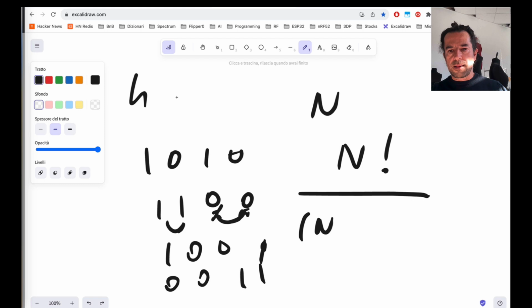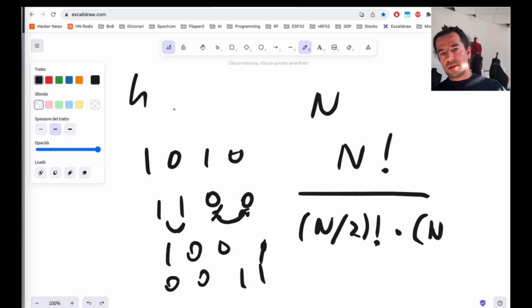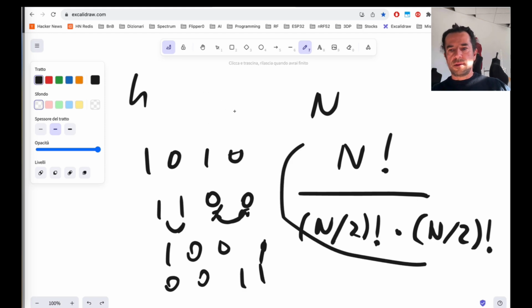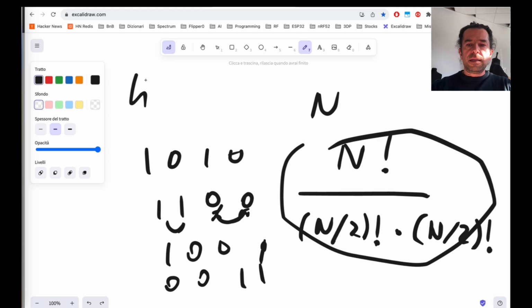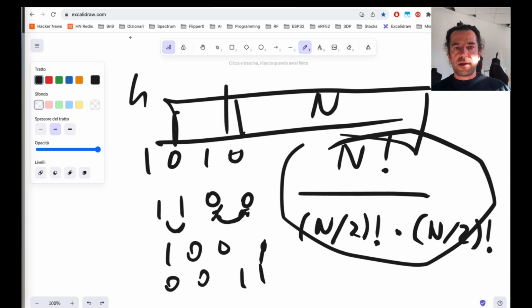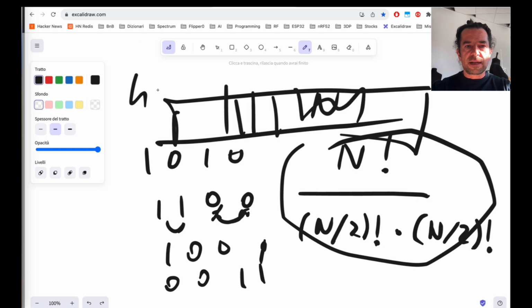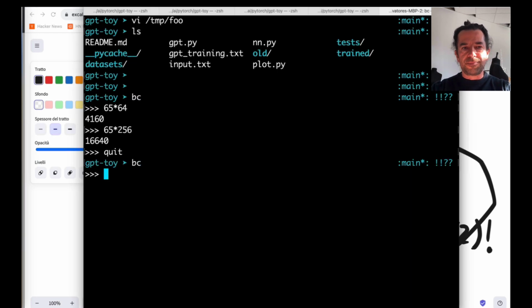So I have here n factorial divided by half n factorial times half n factorial: all the permutations of the ones in my sequences and all the permutations of the zeros. This reduces the dimension of my input a lot.